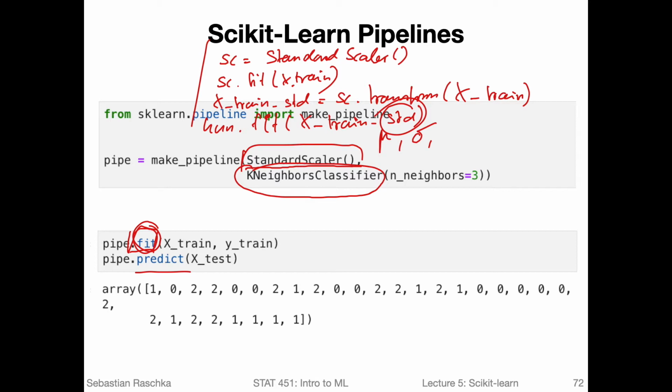for learning, and then during prediction the same thing happens, except of course there won't be a fit. So during testing we will reuse the standard scaler from training and then scale the test data and give the test data to the KNN while it's now doing prediction. That would happen for the test data if we call predict. But I think now this is easier to explain if I use my flowchart again.